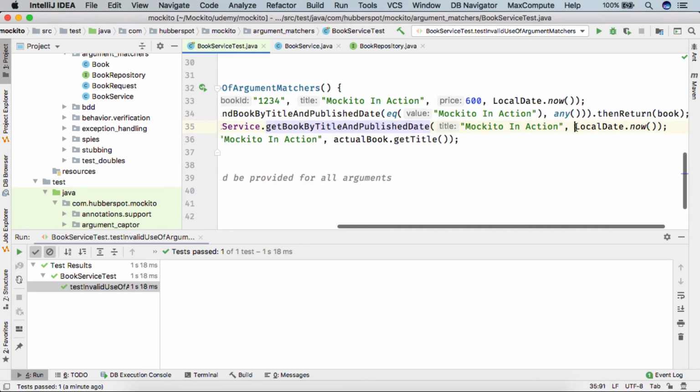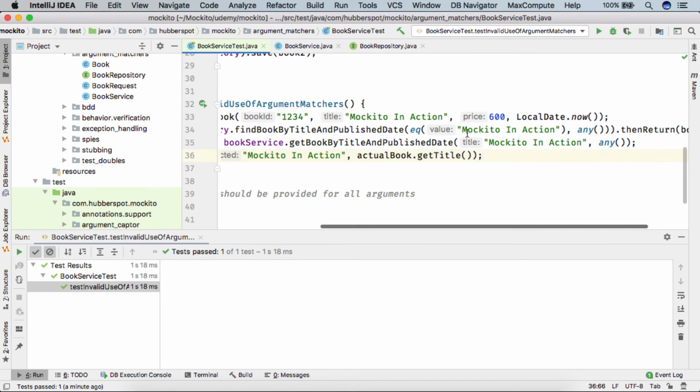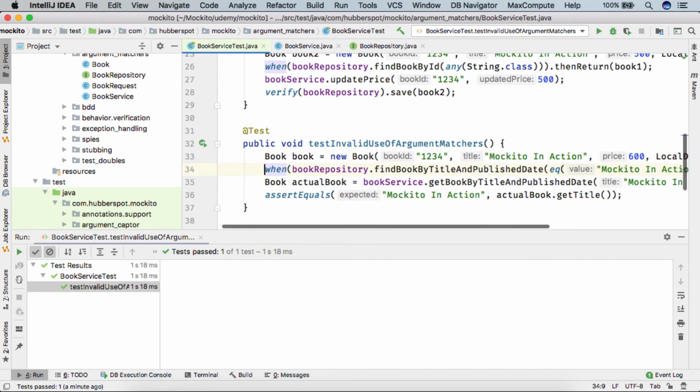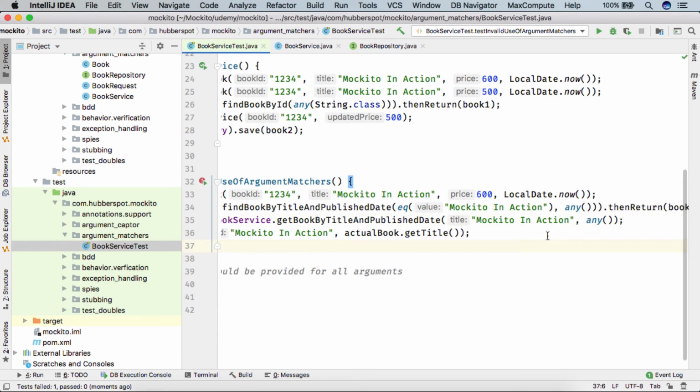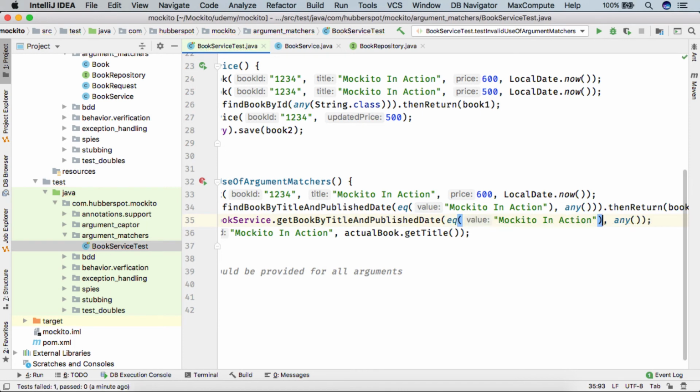Let's say I provide any here. So this is an invalid use case, as argument matchers can't be used outside the stubbing of a method or behavior verification. So here you can see instead of local date we are passing any, and here we are providing the eq method. If I run the test case now,